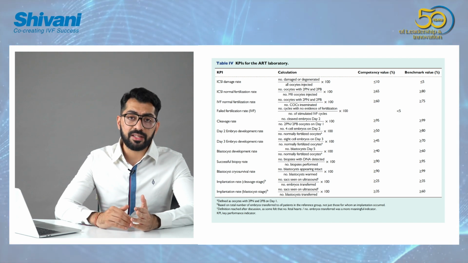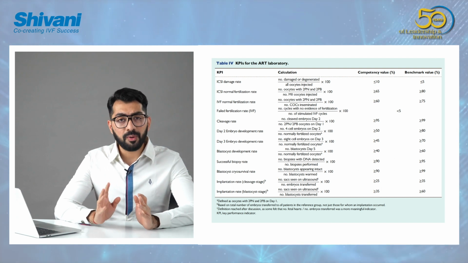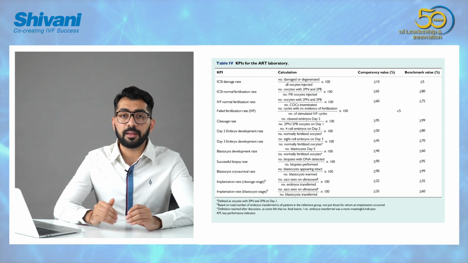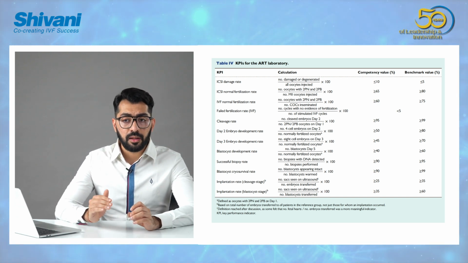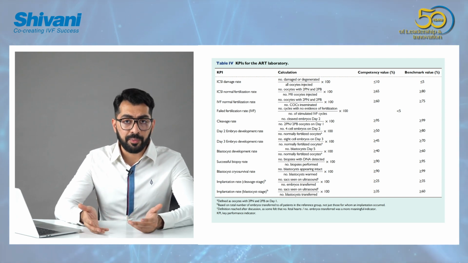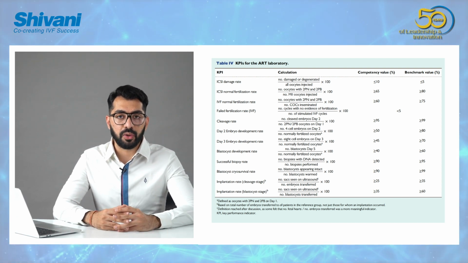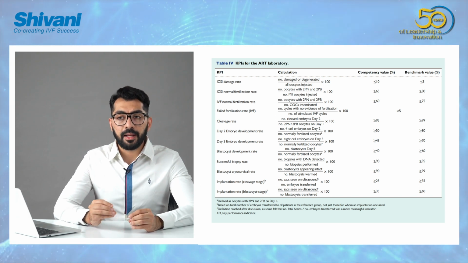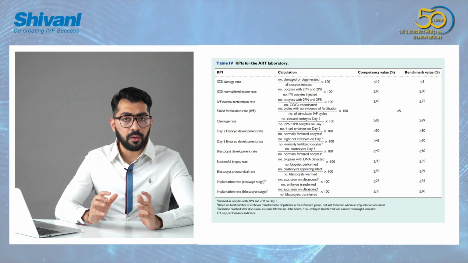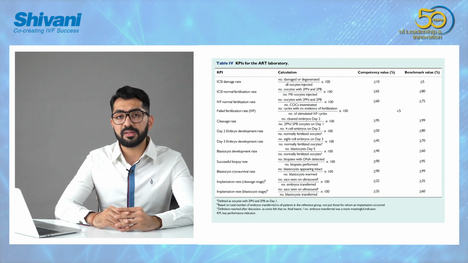We also have fertilization rate with IVF, and that's the third KPI that we are assessing. And again, when I'm talking about competency here, now with IVF we know that the fertilization rate might be a little lower. Now this decrease in fertilization rate could be because we are not looking at the number of M2s that are there while inseminating, because we can't really assess the maturity because we're using a COC, and that could be contributing to the decrease in fertilization rate. So looking at all of these factors, the competency value is about 60% and the benchmark value is about 75%